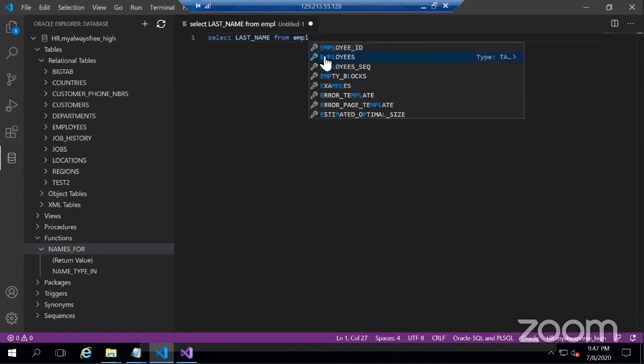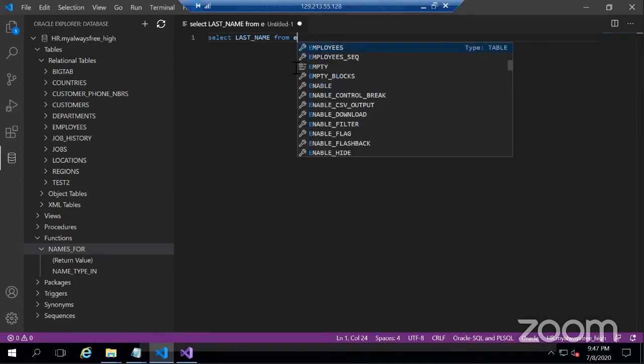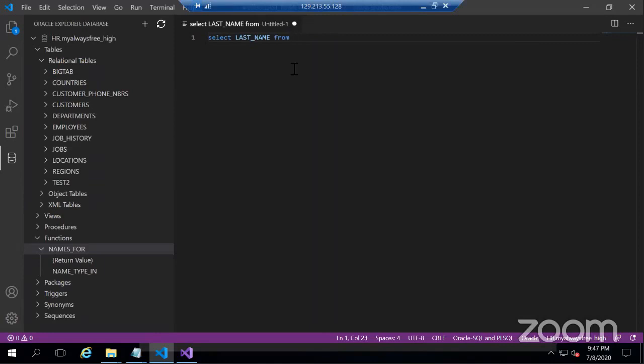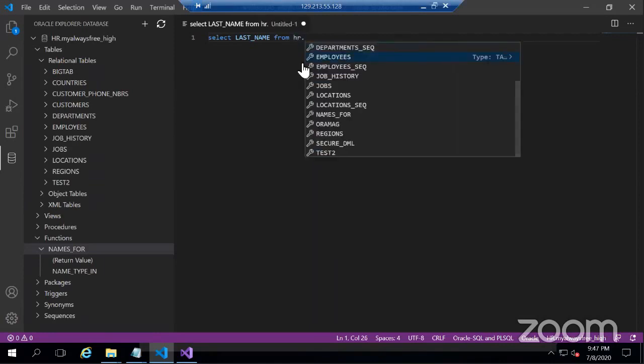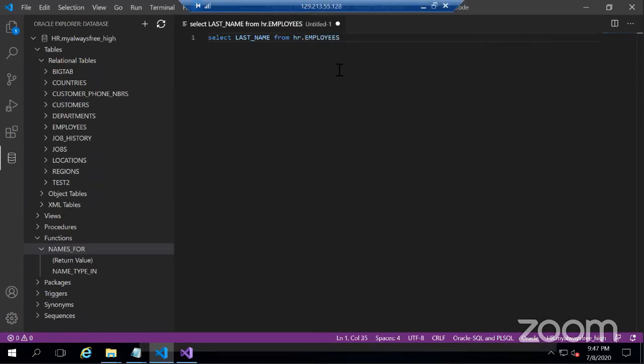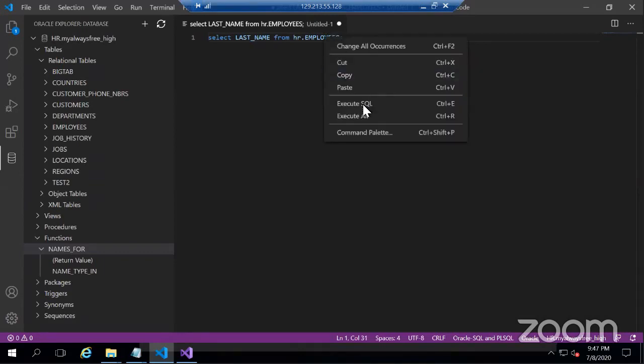And I could select it from this list. Or if I want to give it a hint of the schema I'm in, I could type HR dot. And when you do that, it gives you a much more concise list of the objects. So it's just your choice. One's called autocomplete, the other's called IntelliSense. So anyway, that's that, and we can execute it,